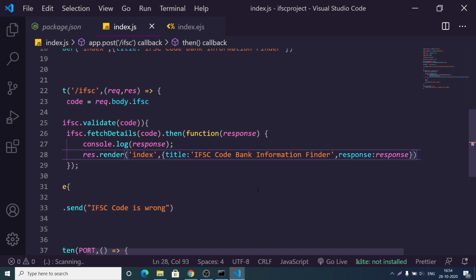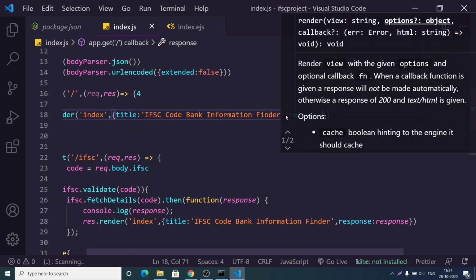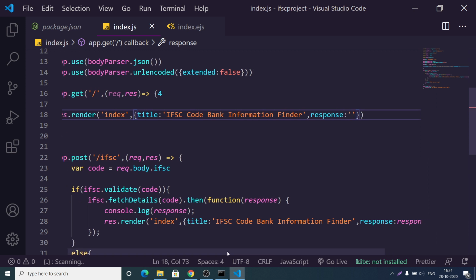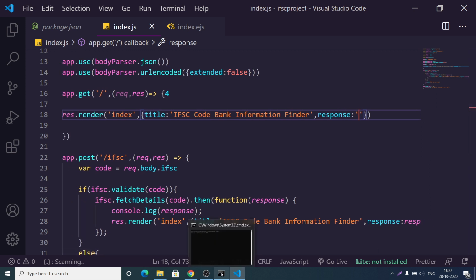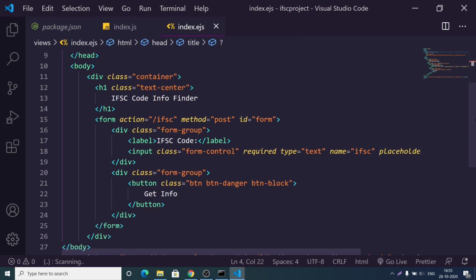We are sending out the whole object, inside which all the information will be there. Here also we need to send out response, but when we load the application for the very first time, this will be an empty object, or this will be null like this. Now we can go to index.ejs, and we simply need to print this information inside a table. This can be done pretty easily.